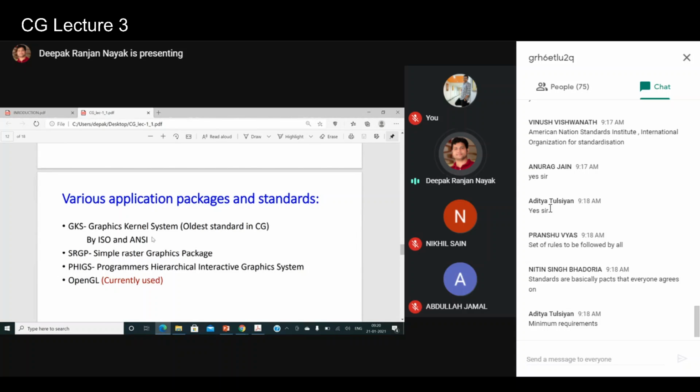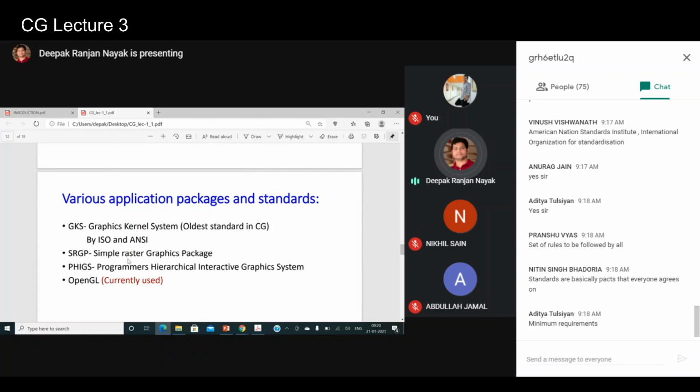And then after that, SRGP came into the picture for a short while, the Simple Raster Graphics Package. Then in the 1990s and before that also, PHIGS was very famous, the Programmer's Hierarchical Interactive Graphics System, the standard people were using.